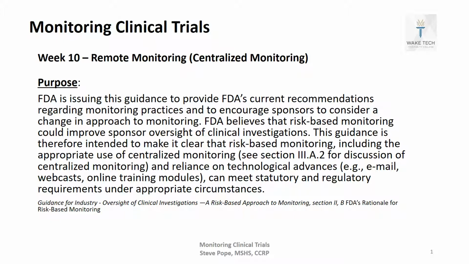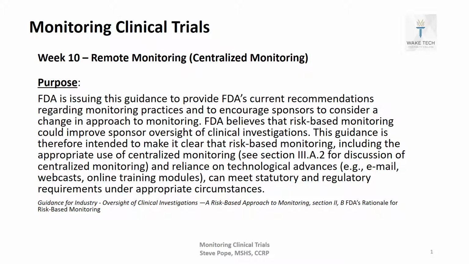So welcome back to Monitoring Clinical Trials. This week we're going to be talking about remote monitoring, or what some people call centralized monitoring. I'm Steve Pope. So let's start by looking at the purpose of remote monitoring, and this comes from the document